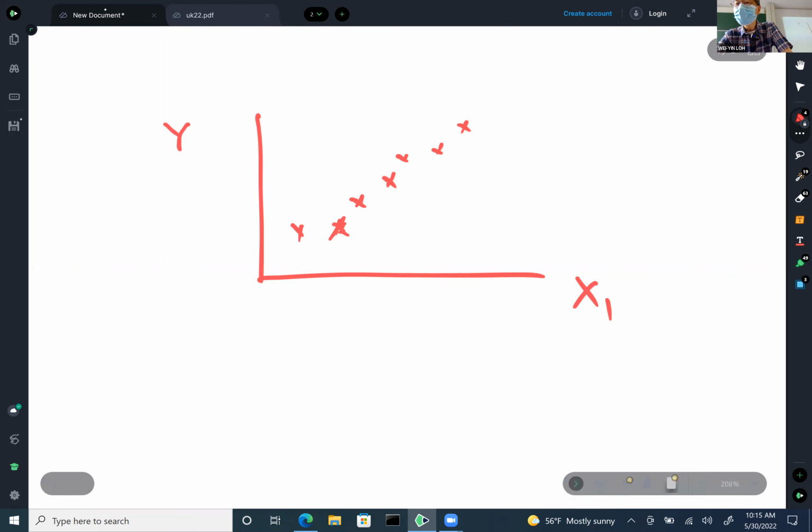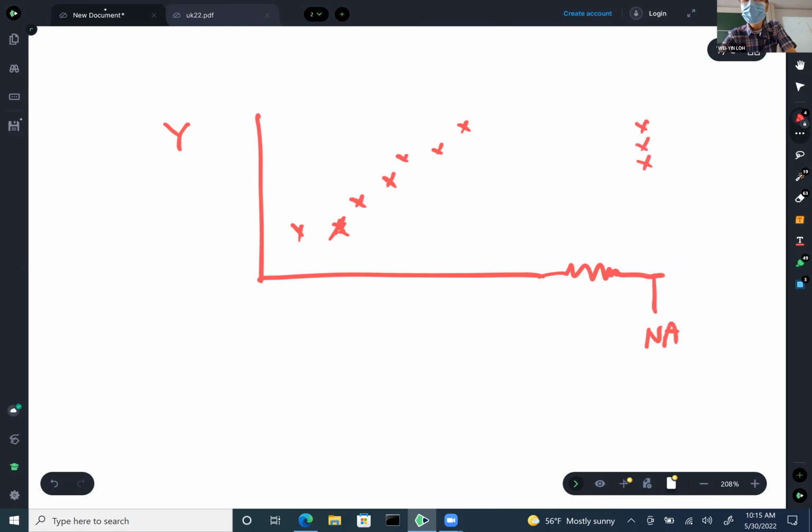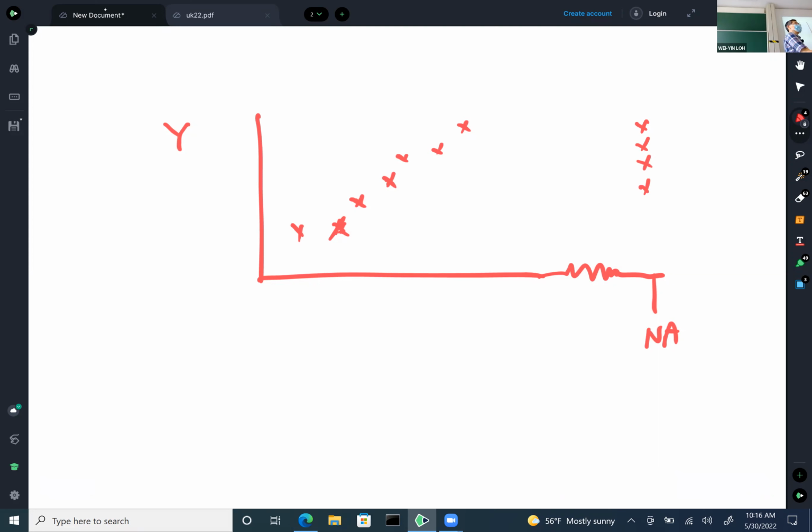Okay, and then let me try this. So this is a missing value, we call NA. So you have some numbers here. So you have 4 missing numbers. I cannot plot them in the original because I don't have the x coordinate, right? I don't have the x coordinate. So if you impute the mean